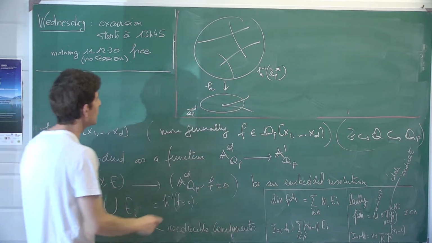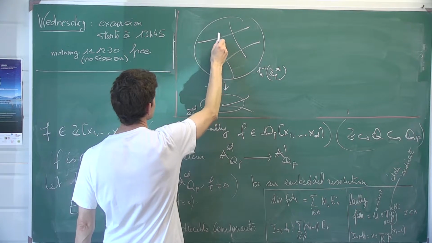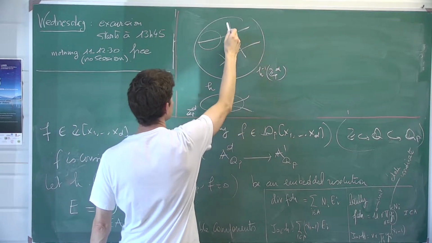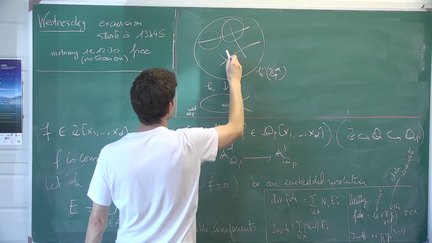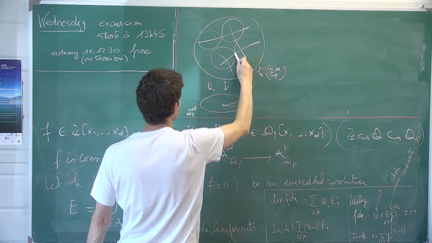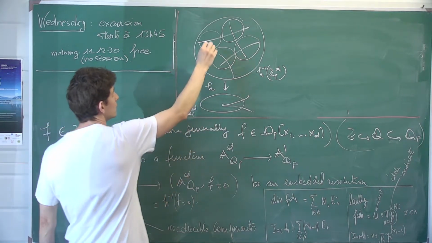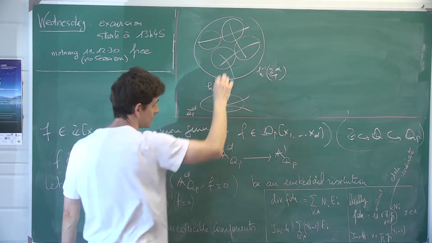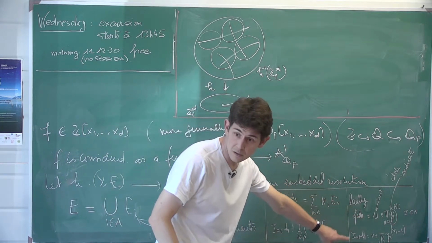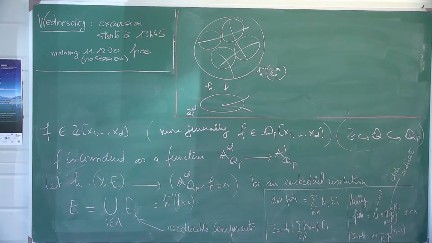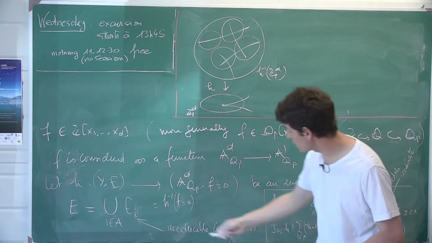And then what I'm going to do is to consider a covering of H^{-1}(Z_p^d) by a disjoint union of open sets, where on these open sets I have a local form like this. Okay. So just as I explained this morning, but I will need it this afternoon. You have a